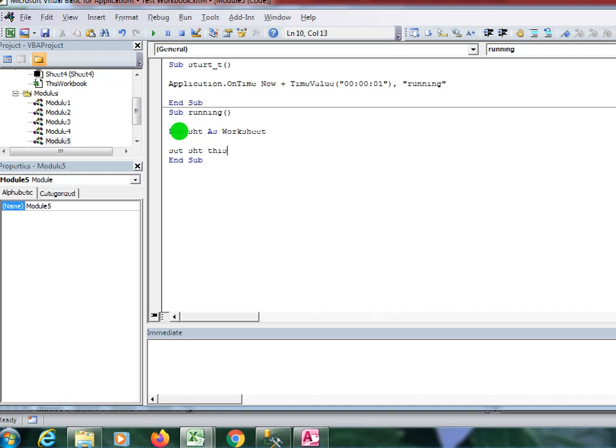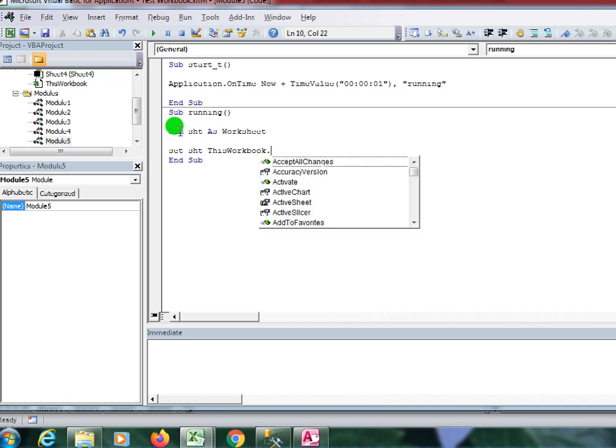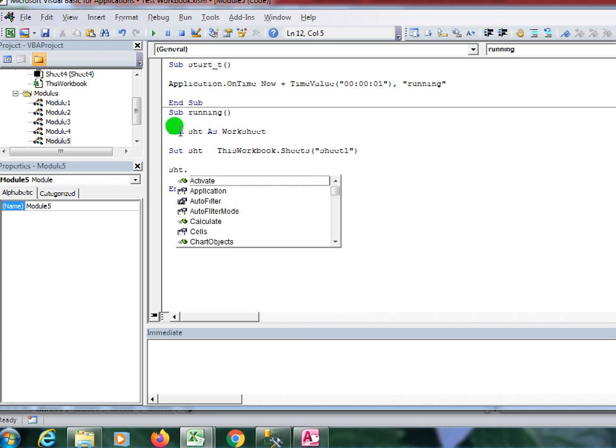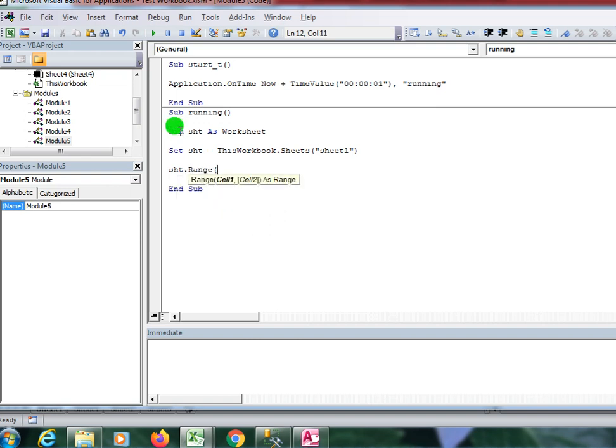I'm taking Sheet1 from the current workbook, so I use ThisWorkbook and the Sheets function, and I send Sheet1 here. In Sheet1, in cell range A2, I want the time to decrease by 1 second. So how would I do that?